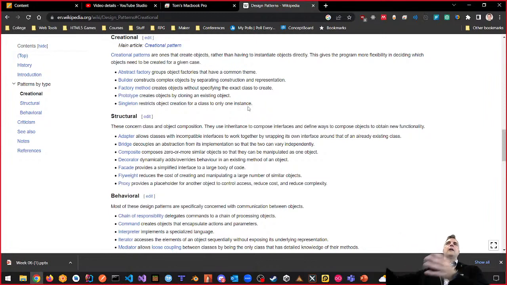Singletons are really great for objects that we only want to have once. Example, I have a database class that accesses the database. There's only one of those, right? I have a game manager that manages the entire game. I don't want to have more than one of those, right? So whenever you want to guarantee that there's only one instance of that class, you use a singleton design pattern,